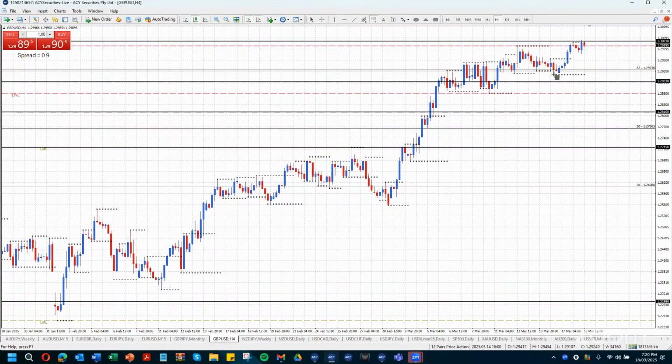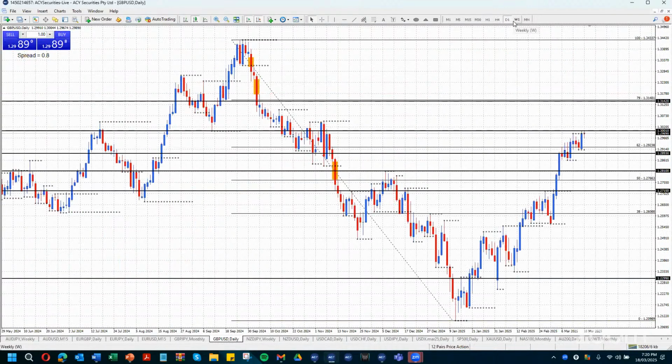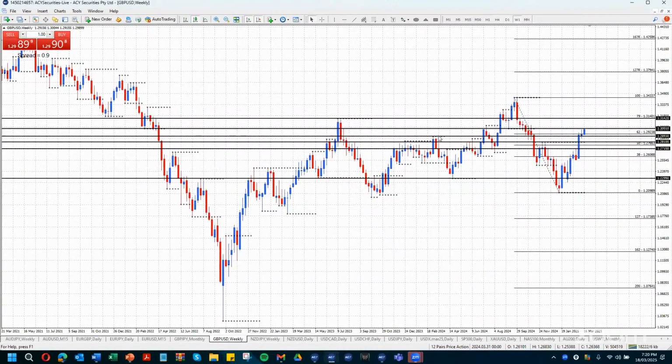I'll probably draw my fib from down here, all right, and look for the next dip. So keep extending the fib up if we keep moving up, and look to the 62.79% area for a dip. With the FOMC coming out, levels to trade to the upside: this previous weekly level here at 128.93. So the 129.00 level this week, I would say if we get an FOMC dip, watch 129.